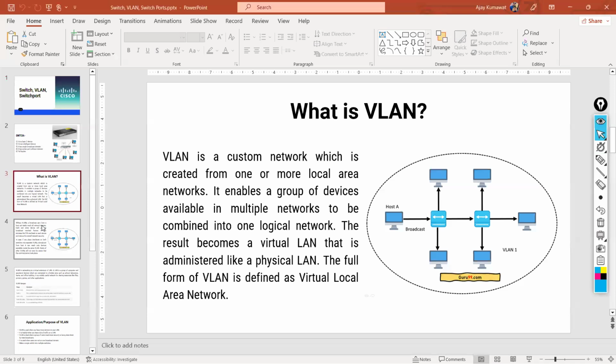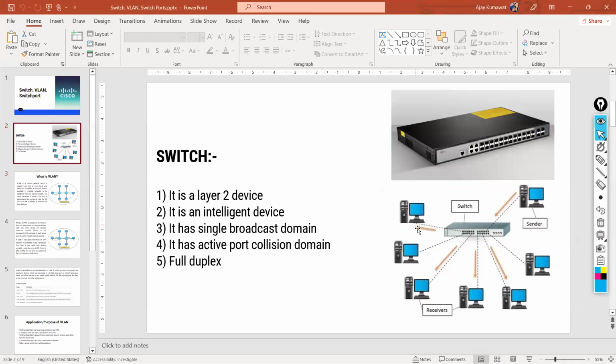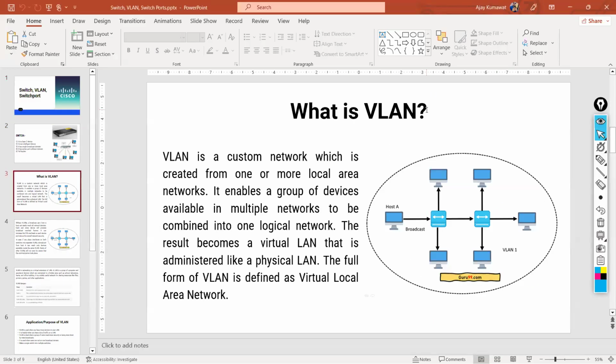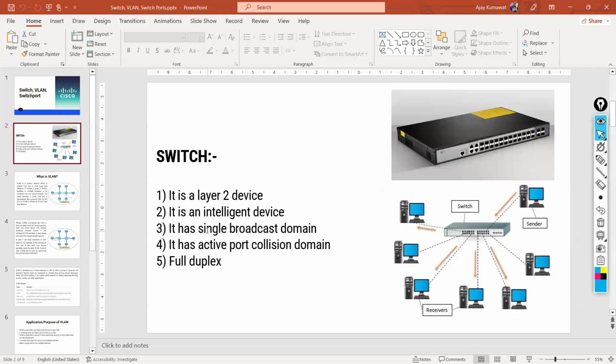What is a VLAN? See, when you connect devices with a switch, this becomes a LAN, a local area network. What is a VLAN? VLAN is a virtual local area network. By default, your switch is a single broadcast domain device, right? But sometimes what will happen, let's say,